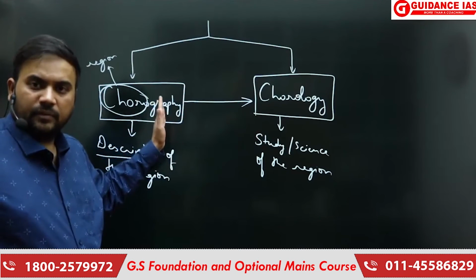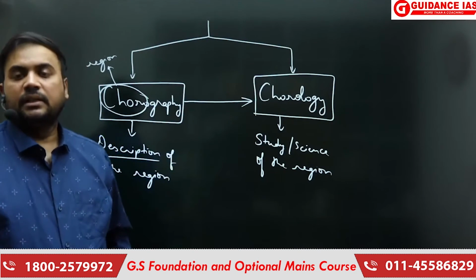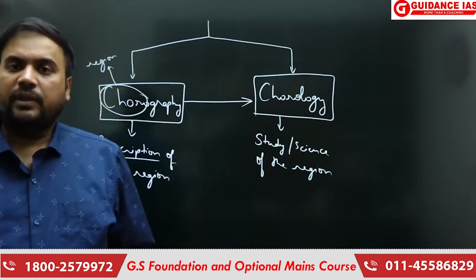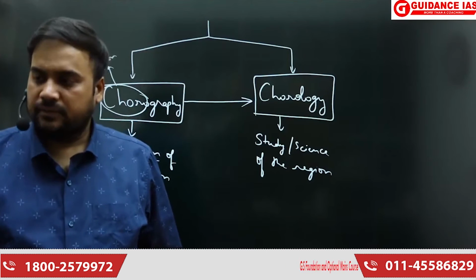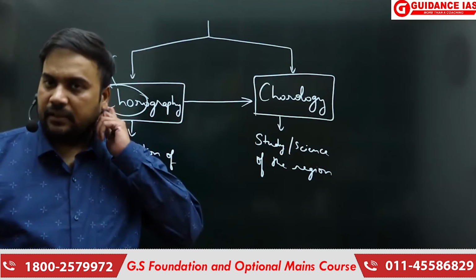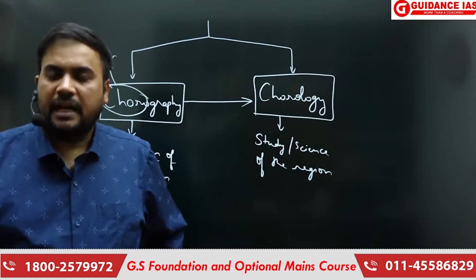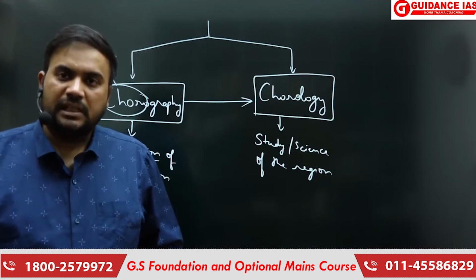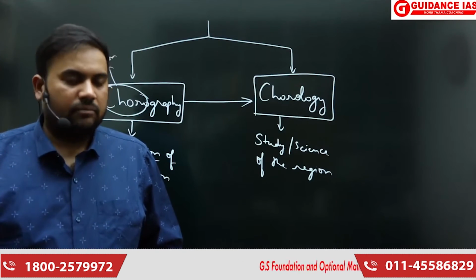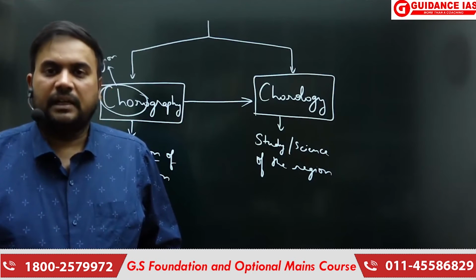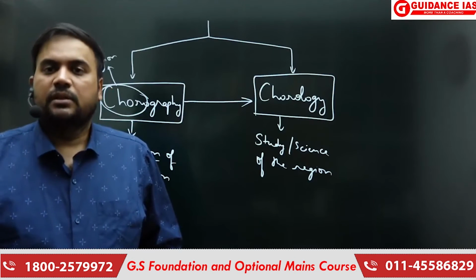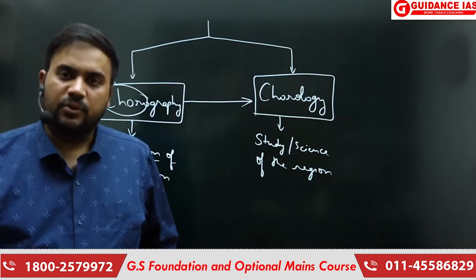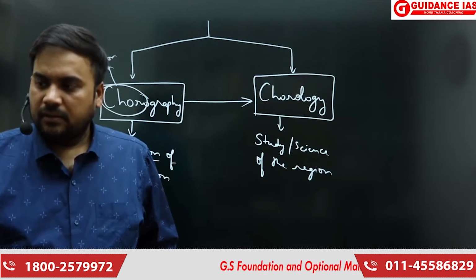Because geographers couldn't convert regional geography from chorography to chorology, in the period of the 40s and 50s regional geography came under severe attack. Severe criticism was leveled against it. And you must be aware that as a result, it was replaced with another approach, which was the quantitative revolution approach.